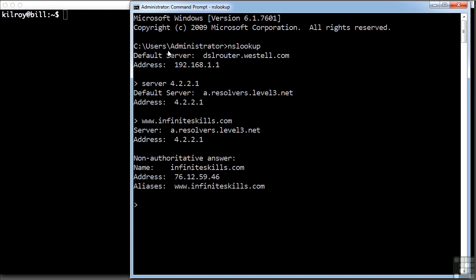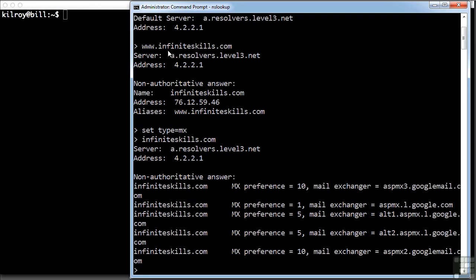Something else I can do with NSLookup is look up different types of records in DNS. There are several different types of records. One is the A record, which is what I just looked up. The A record translates a host name to an IP address. A pointer record, or PTR record, does the reverse, which is IP address to host name. I can also do MX, the mail exchanger record. So I can look up the mail exchanger records for the domain infiniteskills.com, and you can see I've got several MX records with different preferences, and the preference indicates the order in which these different mail exchangers should